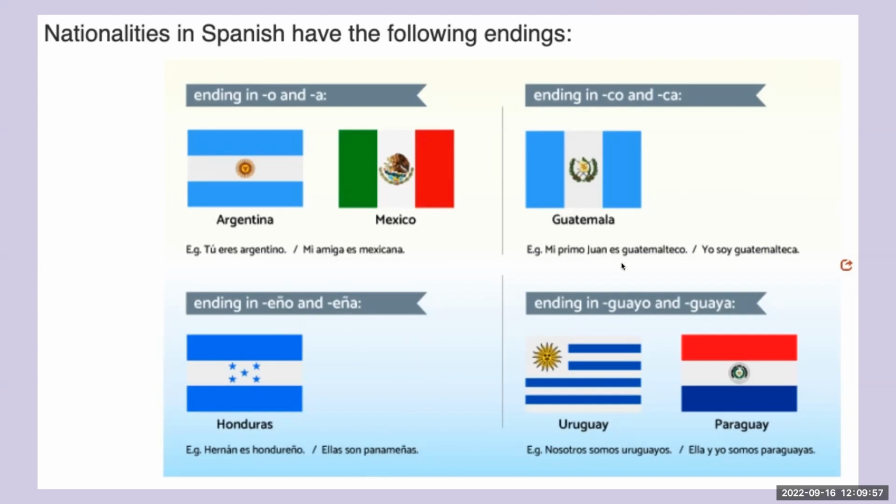From Guatemala, mi primo Juan es guatemalteco. My cousin Juan is Guatemalan. Yo soy guatemalteca. I'd be Guatemalan. And then we have